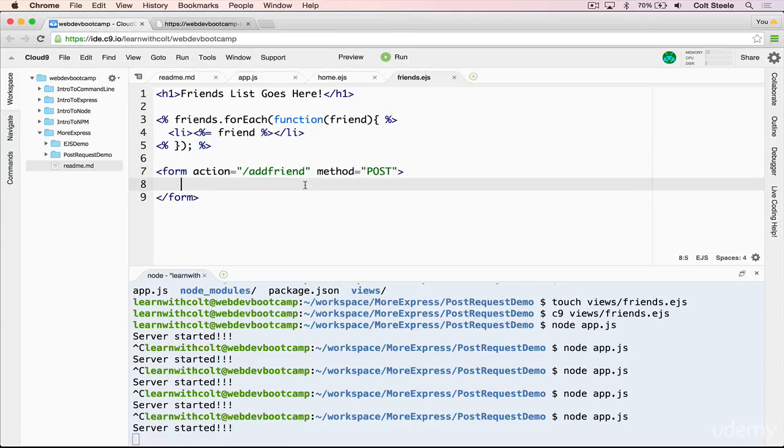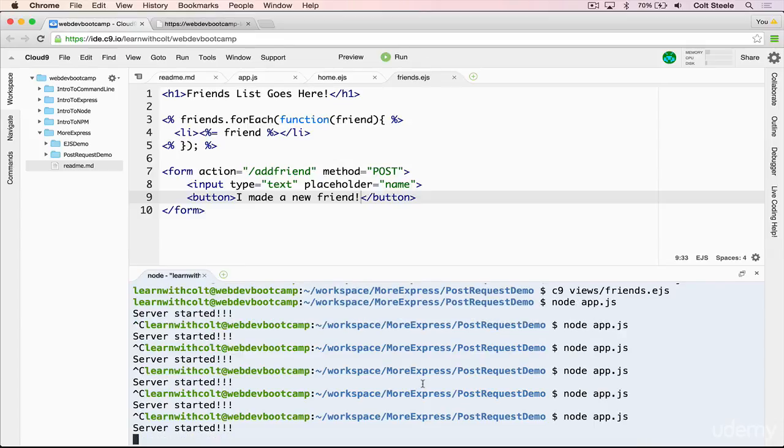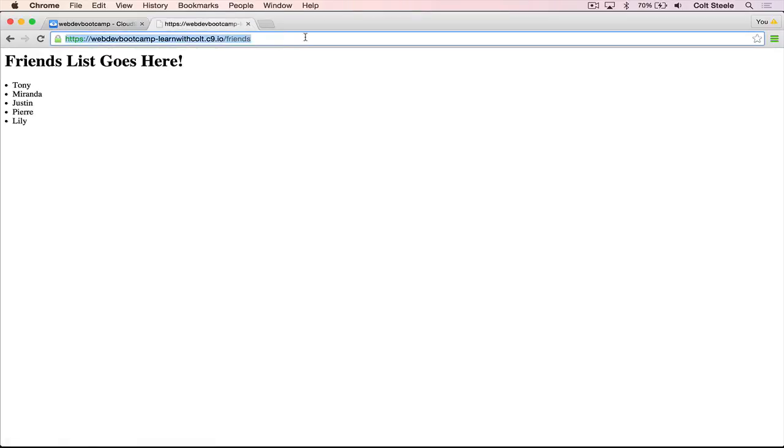All right, and inside of here, we're going to have a single input, type equals text. And then we also want to have a placeholder that says name, or whatever we want to put there. That's just the placeholder text. And then we'll also add a button at the end, and this will just say, I made a new friend, and save that. And so this will create a form for us right now. If I restart the server, and I go back, and I refresh the page, I now have a form here,